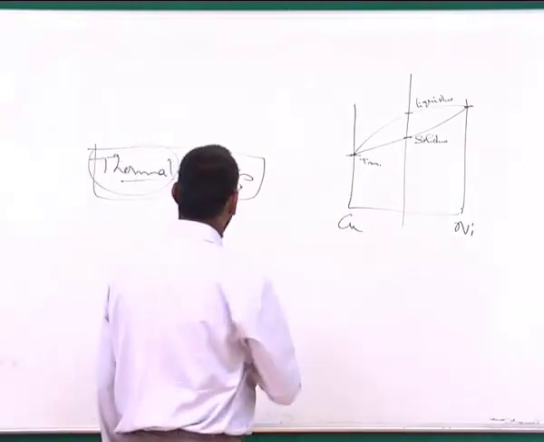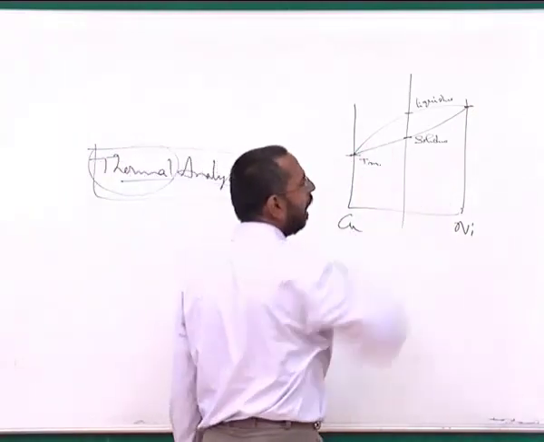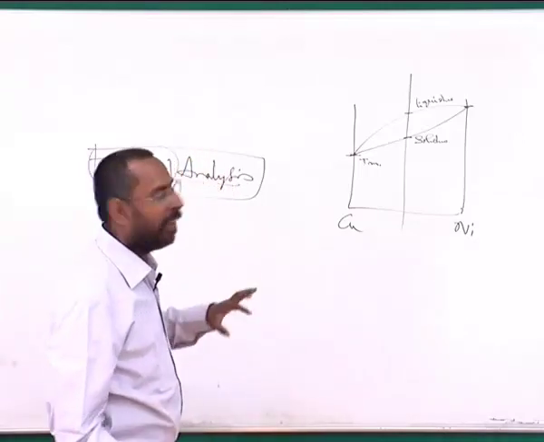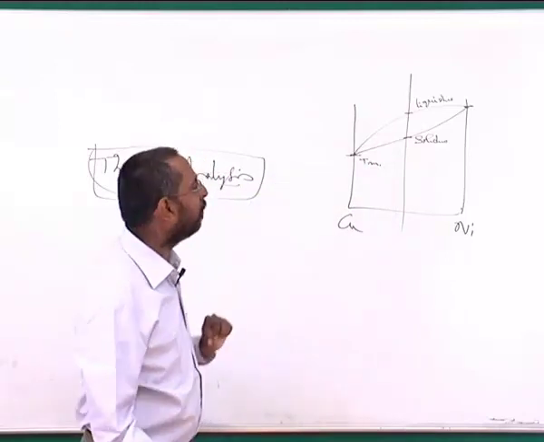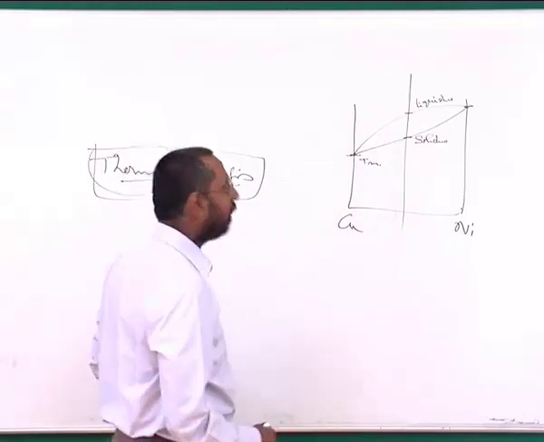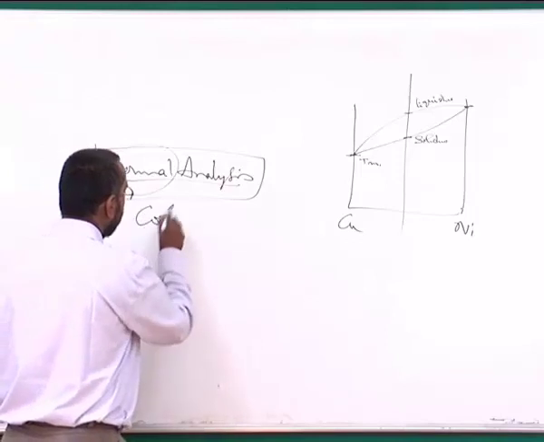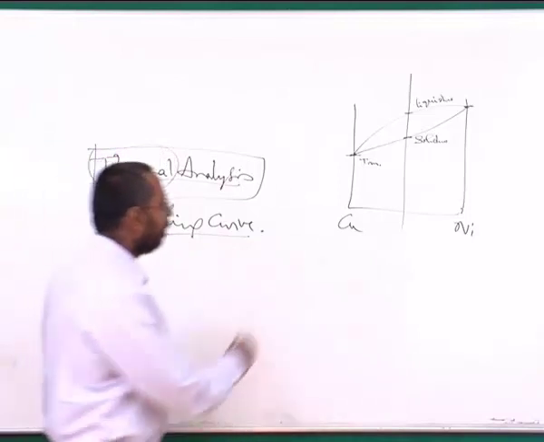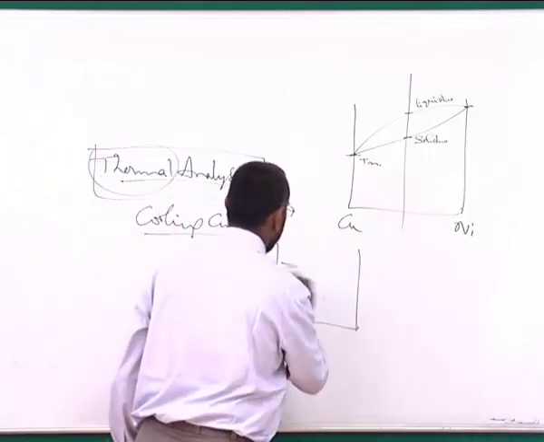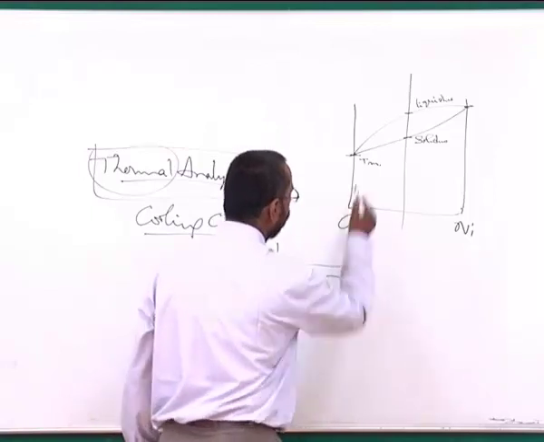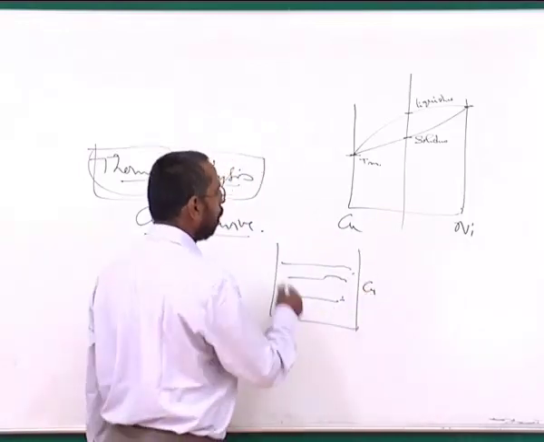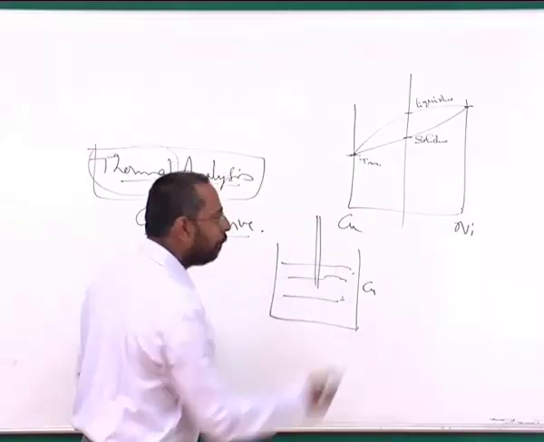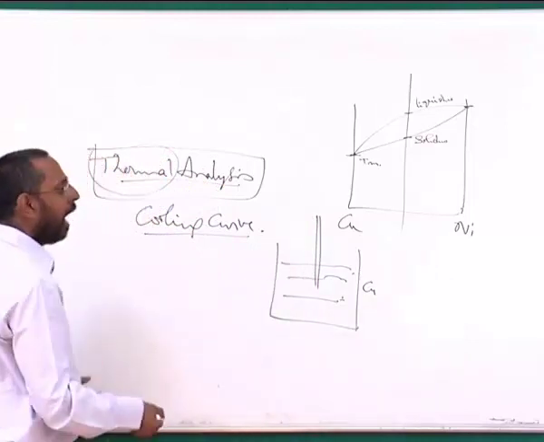Now what generally people do to find out such a phase diagram, particularly this is done in most of the simple phase diagrams where there are not many complications, is by using what is called thermal analysis, or people also use the term cooling curve method, where they simply take the alloy and melt it. For example, if I take a pure metal such as copper, melt this copper and put a thermocouple inside it and switch off the furnace, allow this liquid to cool,